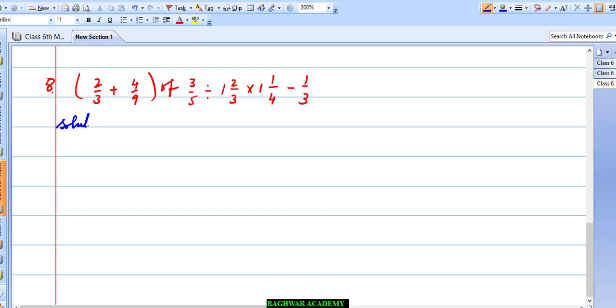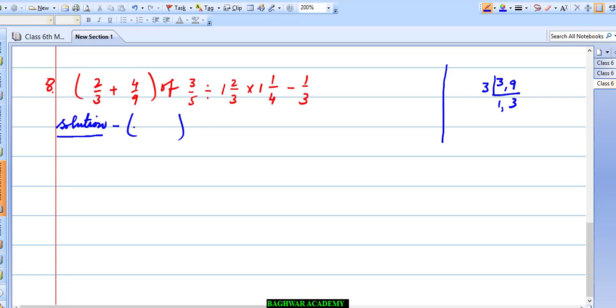So you see how we will solve this. In the bracket you have 2 by 3 plus 4 by 9. So we need to find out the LCM of 3 and 9. If you are finding the LCM of 3 and 9, you will get 9. Just now I had explained, 3 1s are 3 and 3 3s are 9. If multiples are there, then the greatest multiple will be the LCM. So 3 3s are 9, you have got.